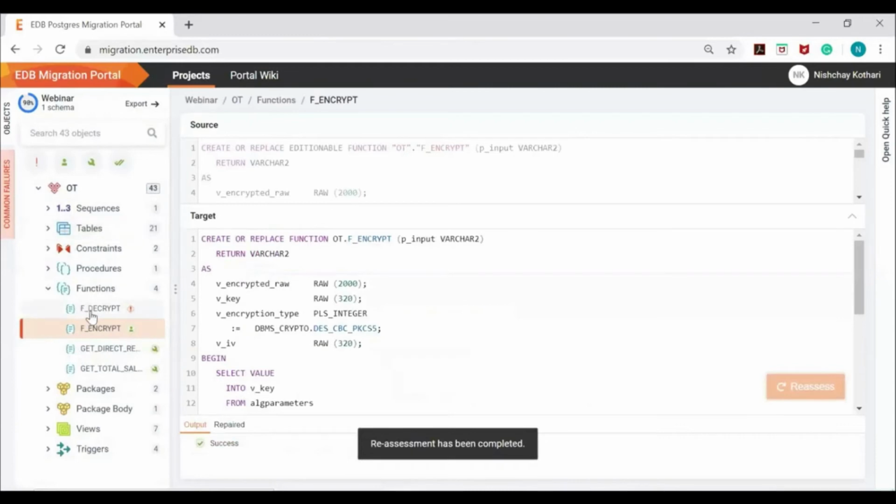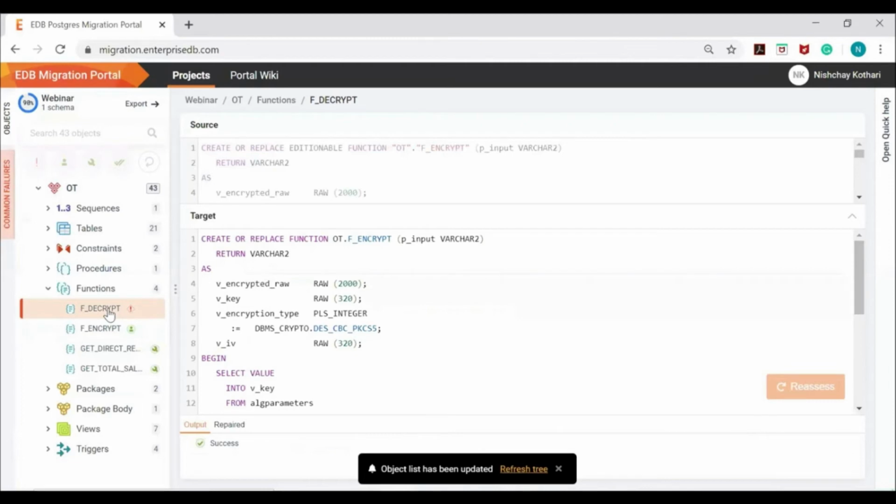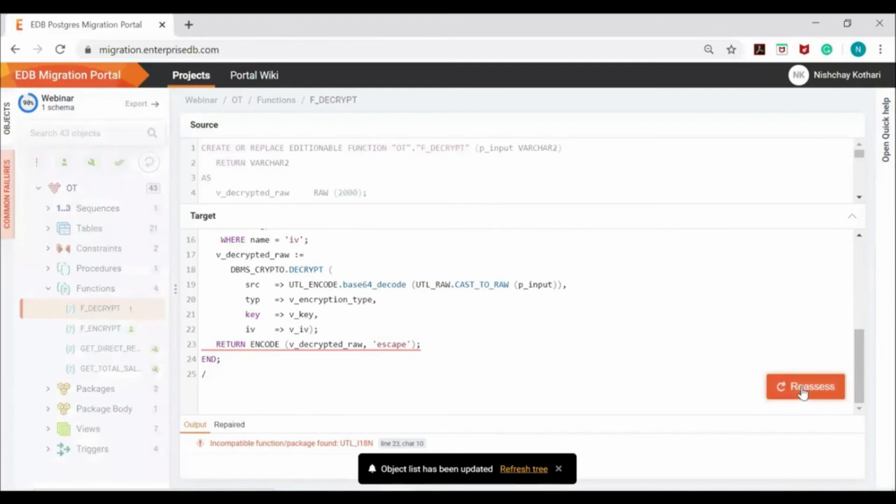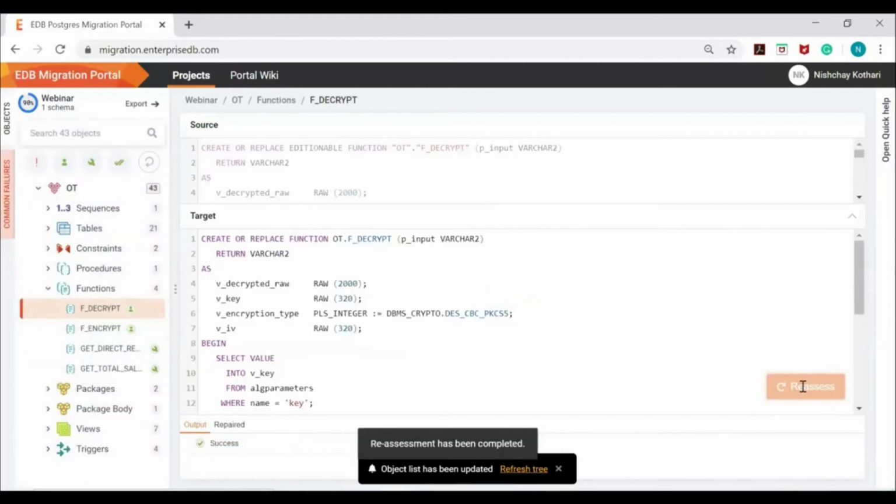Now it is fixed. For this one, it is encode. It will convert your encrypted string to human readable format. See, now it is also fixed.